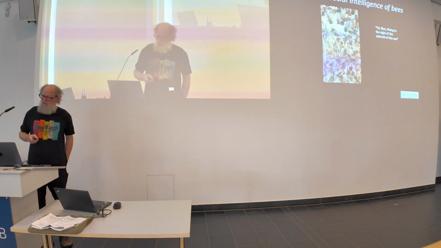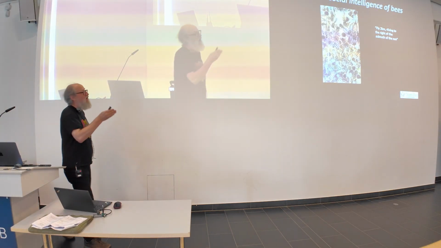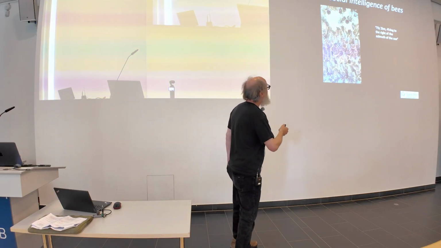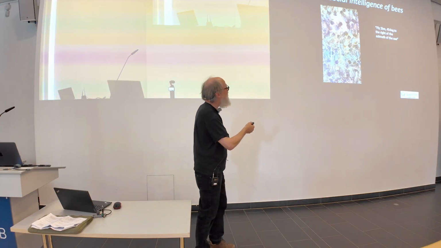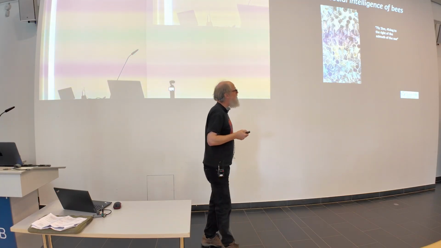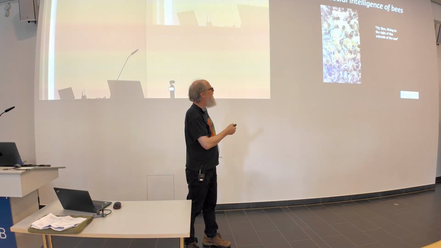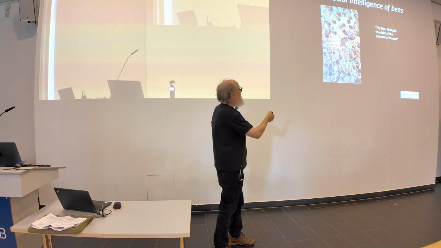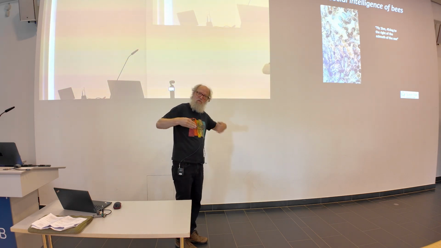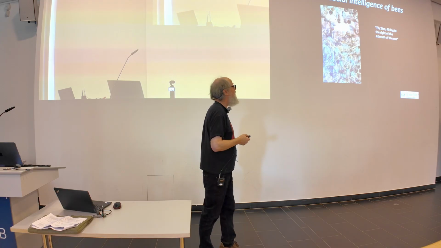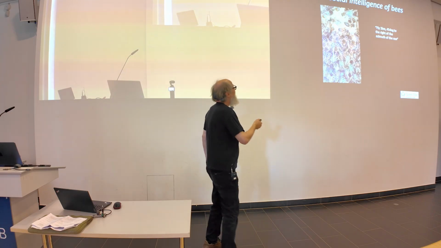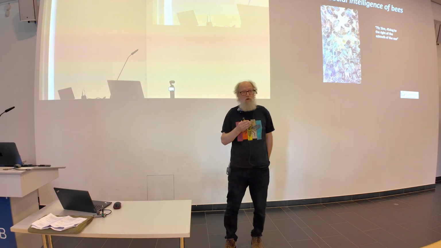But in the social insects, of course, we are aware that there are complex modes of communication, such as this honeybee dance, where this dancing bee on the vertical comb, using symbols, tells other individuals in the hive which direction to fly in. So in this case, the dance, this waggle run, is 45 degrees to the right of the vertical. That tells other bees to fly 45 degrees to the right of the azimuth of the sun, wherever it currently is. And the duration of this waggle run codes for distance.